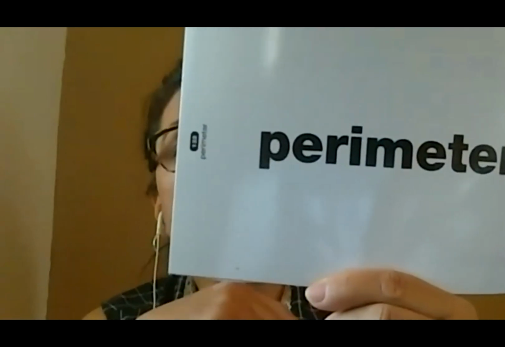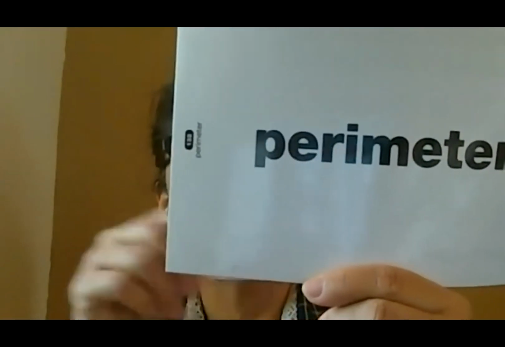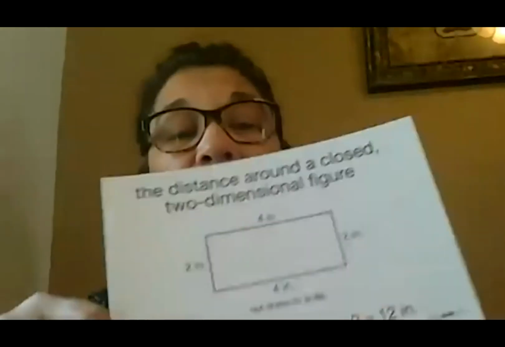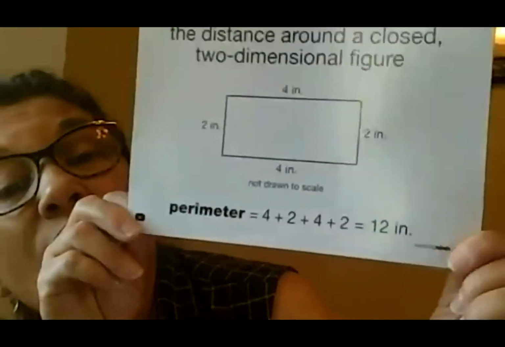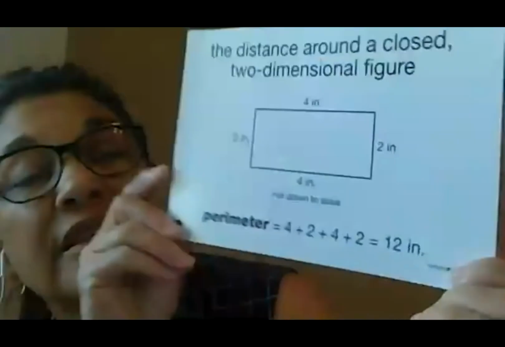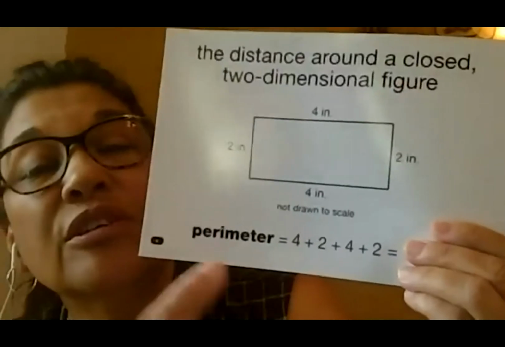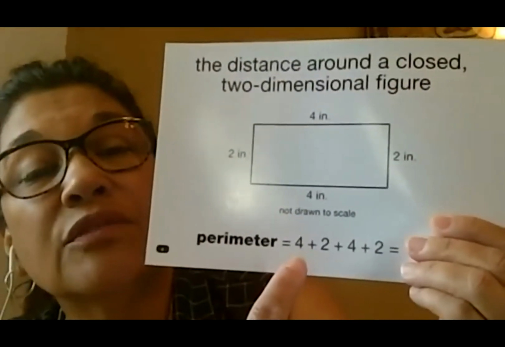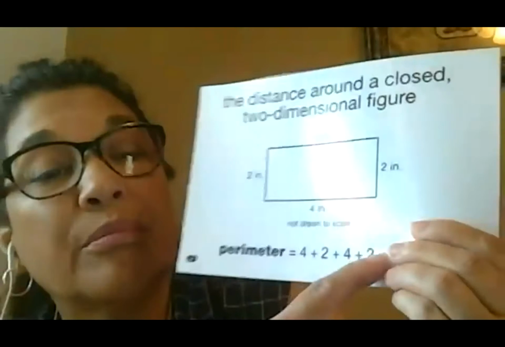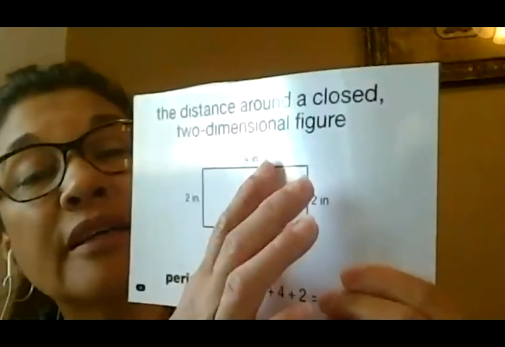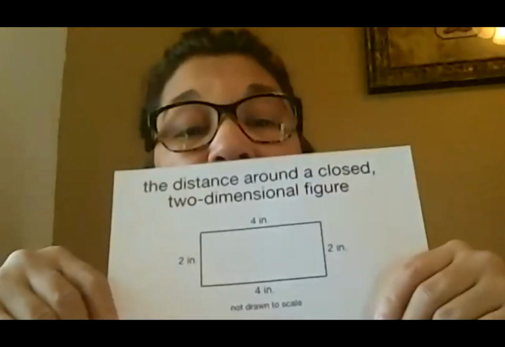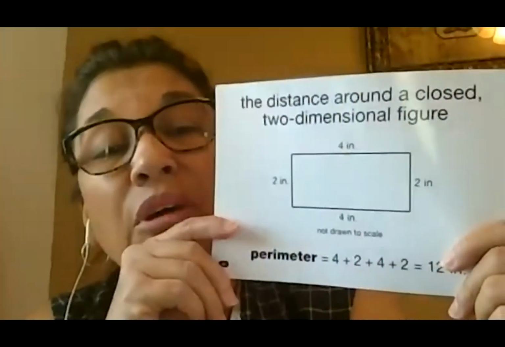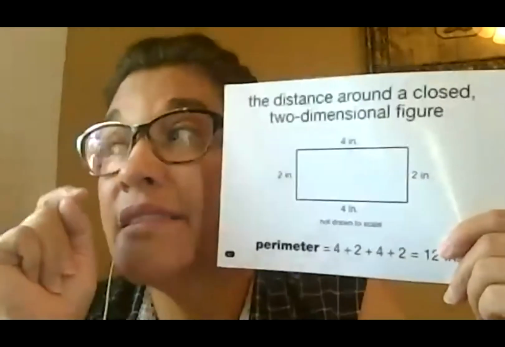So here's the vocabulary for perimeter. It's a distance around a closed two-dimensional figure. And you have it here. This problem right here, well, it gives you the answer. But if you look, you have to add all sides: 4 plus 2 plus 4 plus 2. And what is the measurement? Inches. So make sure when you're doing this that you're adding, not multiplying, add all sides, except for when you